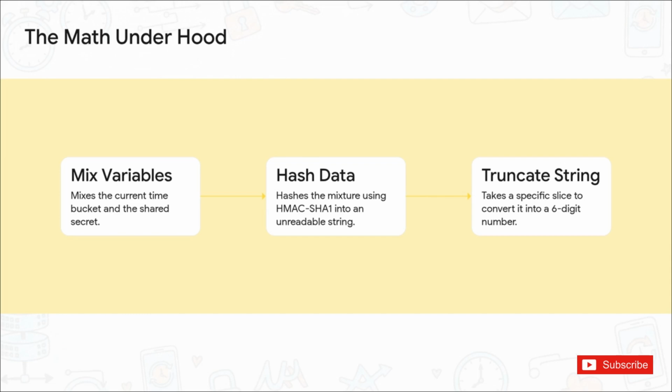First, the app mixes your current time bucket number and your shared secret together. Next, it hashes this mixture using a complex cryptographic algorithm called HMAC-SHA-1. Basically, this scrambles the combined data into a massive, completely unreadable string of characters. Finally, the app takes a very specific slice of that long string through a clever process called dynamic truncation and converts it into the neat, readable 6-digit number you see. And because that time bucket fundamentally shifts every 30 seconds, the math resets, and the resulting 6-digit code changes right